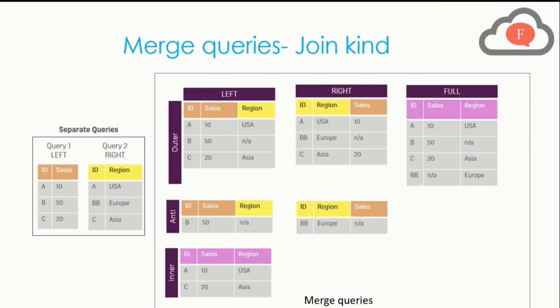Now I have told you how merging queries work. For an example, like I have been covering in my Power BI Desktop, I want to merge a region code with a region country name. So that's the point of that merging. That's why I need one more column in which the country name is available in my second query. So let's go to Power BI Desktop and cover all those things.